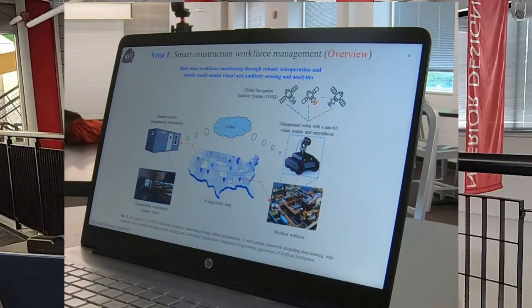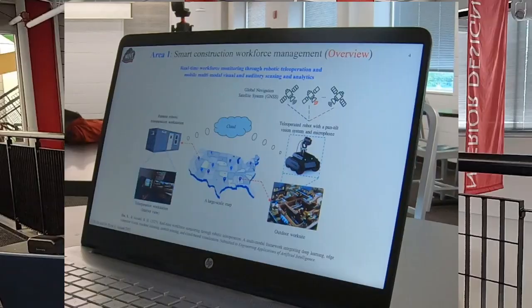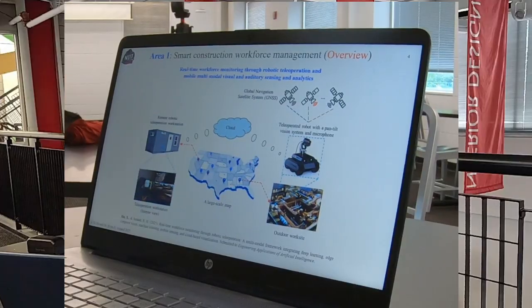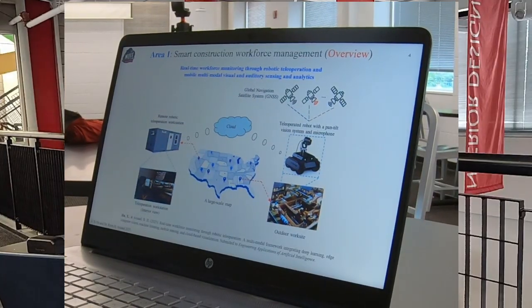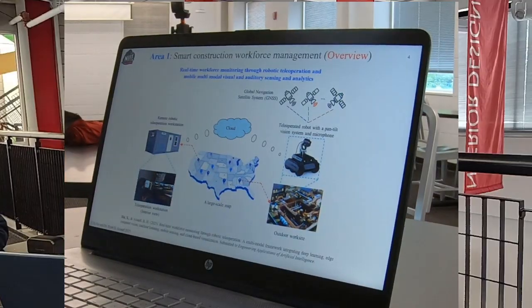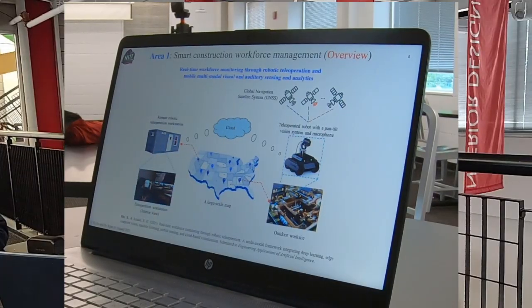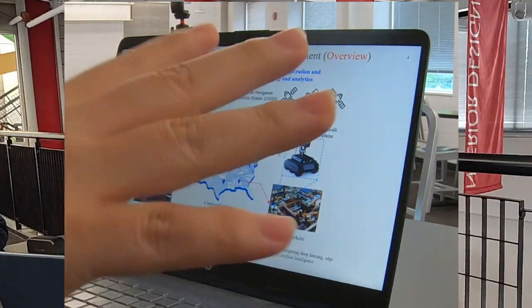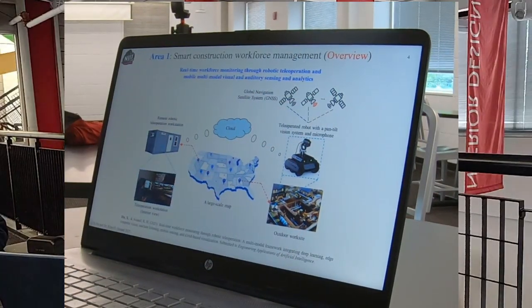Another thing is that this project is multimodal, because the data sources don't only rely on images and videos, but this one also deals with audio. The slide right here shows a very high-level sketch of this entire system. On the left-hand side is a remote teleoperator. It can be anywhere within a network, as long as communication is enabled. So the remote station and the actual robotic agent can be far away from each other.